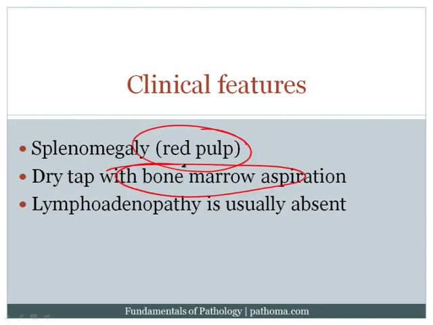the bone marrow, and because they're trapped in the red pulp and trapped in the bone marrow, they can't go to the place where I would normally expect them, which would be in the lymph node, because I would expect most chronic leukemias would actually cause expansion of the lymph node or enlargement of the lymph node, and here we don't see that. So I use the word trap to really help me remember most of the clinical features of